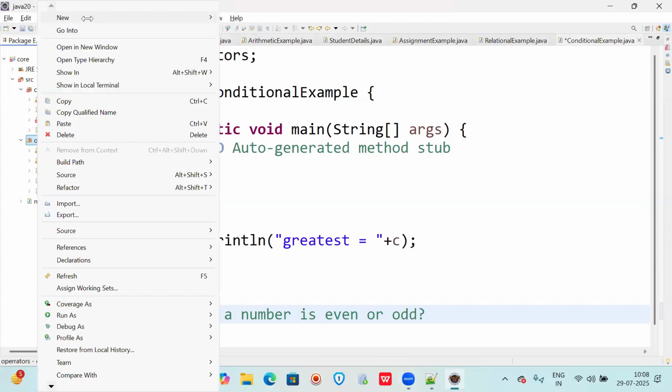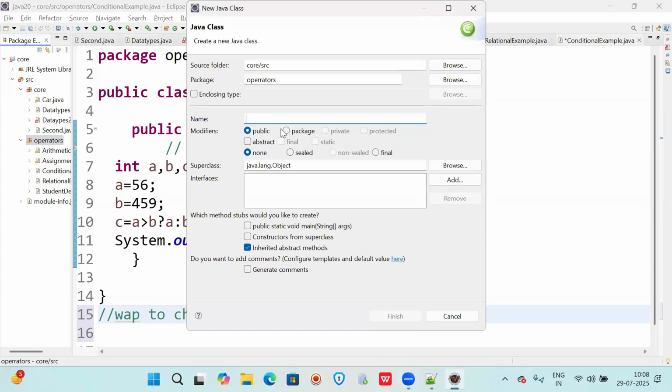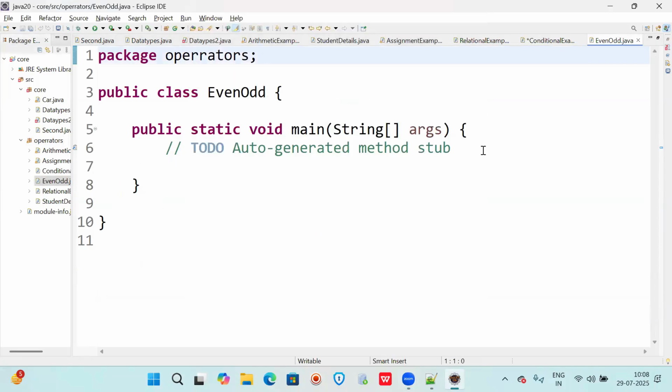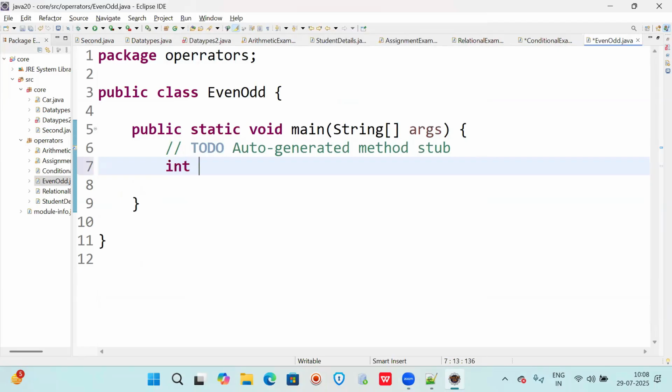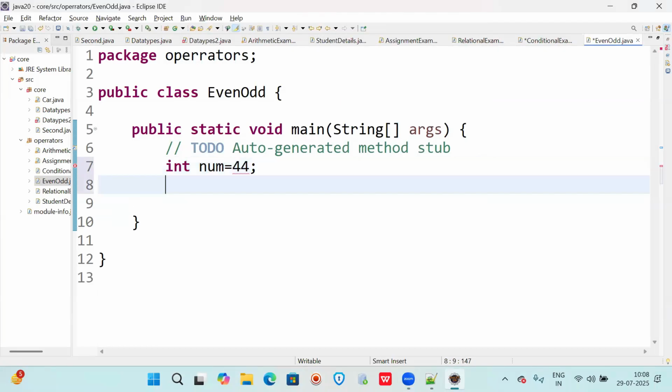I will also write parallelly, check all of you. So even, odd by using the conditional operator. Here, let us take one number and assign some value. Every time we will enter a new number.